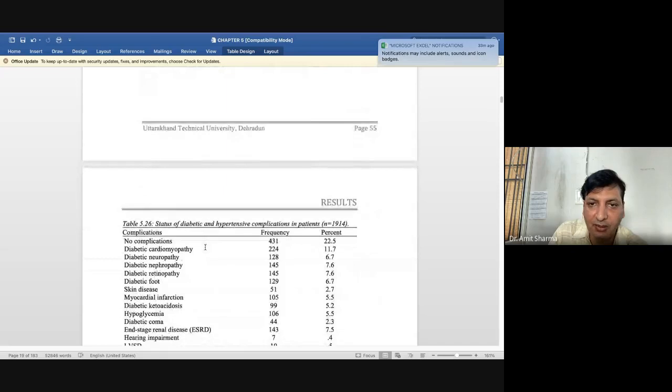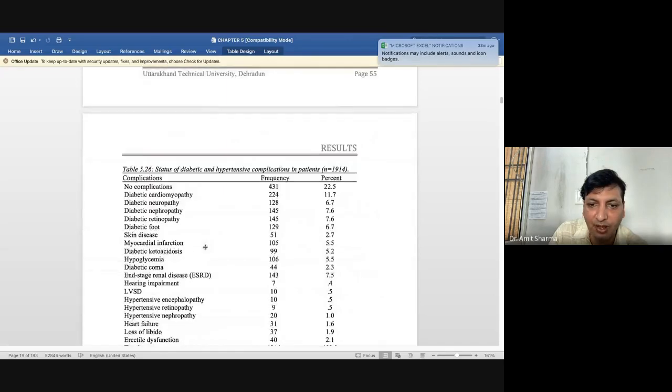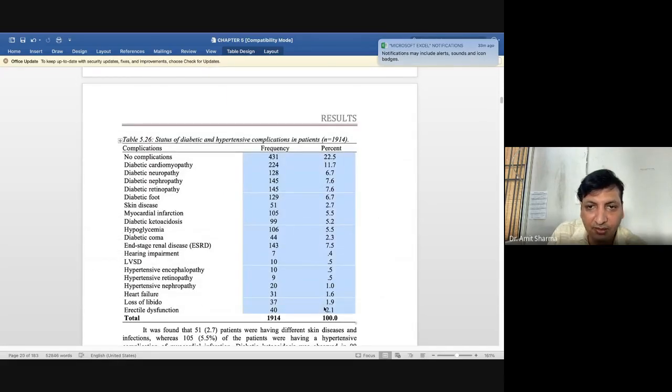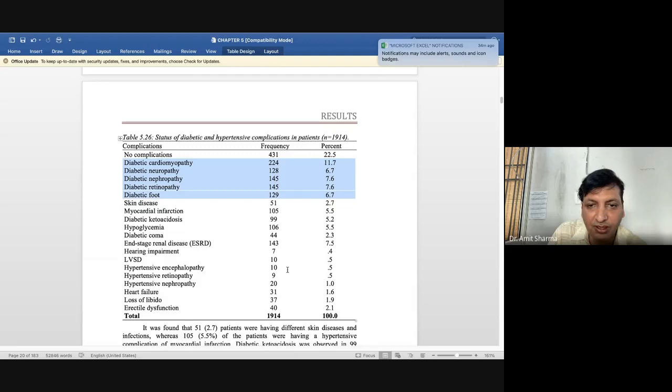You can see that our table has been arranged from higher to lower, but somewhere I found it was not necessary, so I did not. For example, here I did not, but a few things have been done, like most common, no complications. Then the 2 or 3 which are most common, till here I have set. After that, okay, not necessary that much.